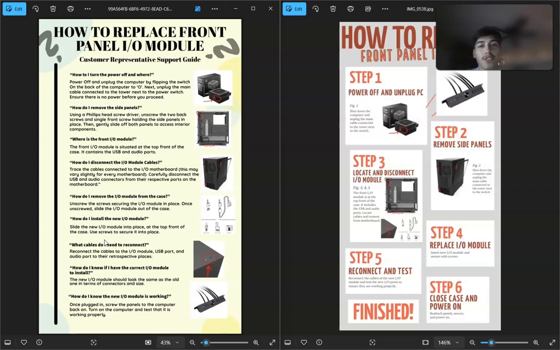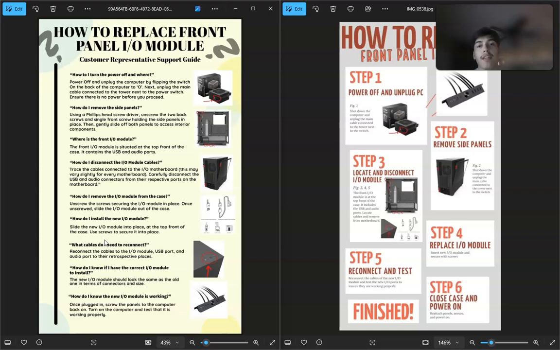If we go ahead and move over to some data information that I decided to include and omit from these infographics. For the customer support infographic on the left, I included information that addresses possible customer concerns and common questions, but I simplified some technical details like specific motherboard connections, since support representatives don't need to physically perform the replacement. I focus on questions that might be asked more by customers and visual aids that can help them explain